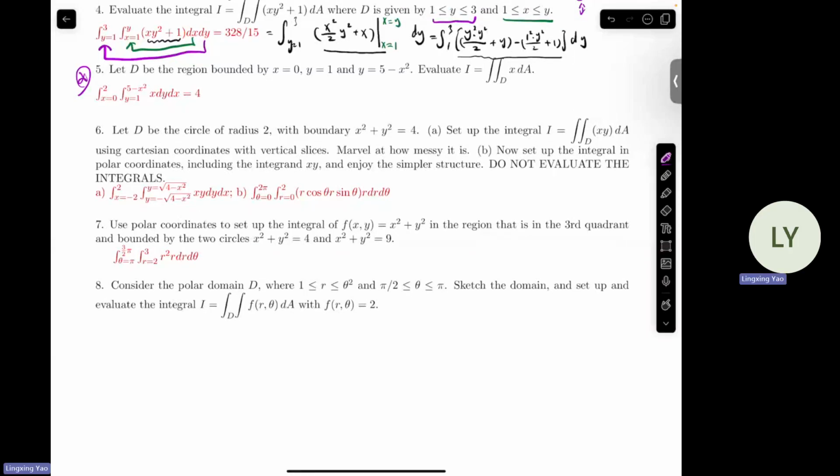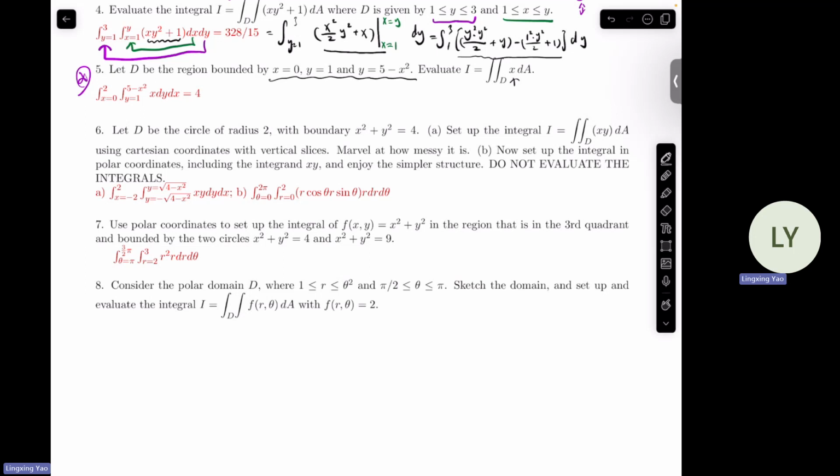All right, we got to start to discuss two more questions. And here we want to emphasize the more complicated one. And we do want to discuss this first. All right, so we want to set up and evaluate the double integral for x over this particular domain D,